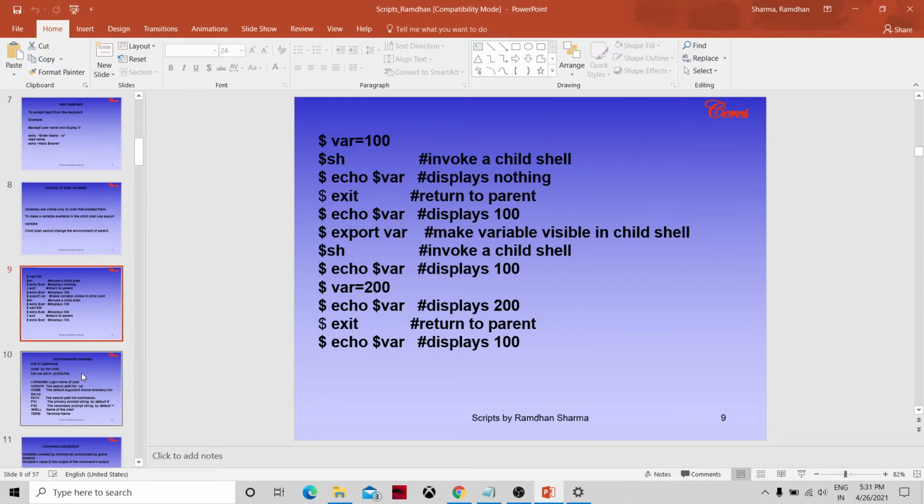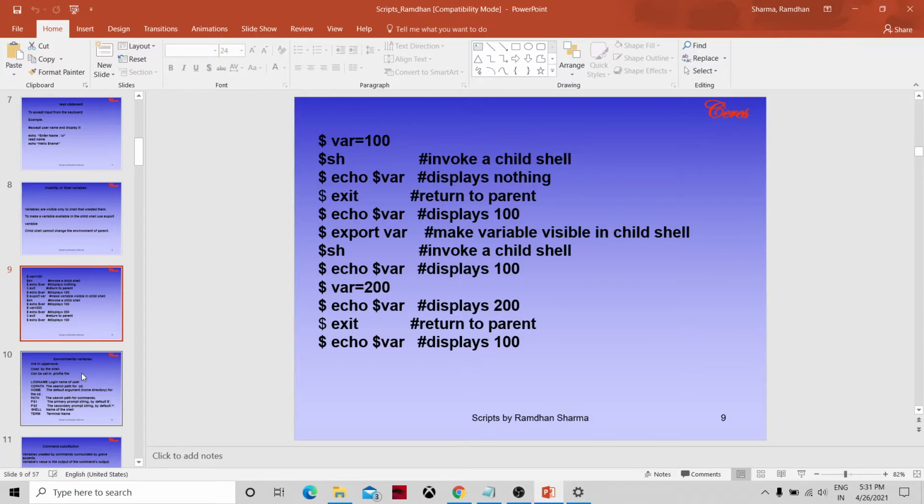So sh is used for invoking a child shell. Set var=100, then echo $var displays nothing if you go into the child shell, it won't display anything. Then exit, come outside, and then display, it will display 100. Export var makes the variable visible in the child shell. Then sh invokes a child shell, then echo will display it because it's a variable in the environment.